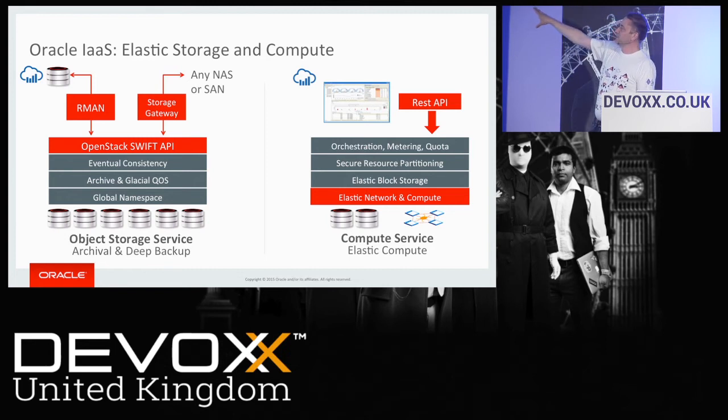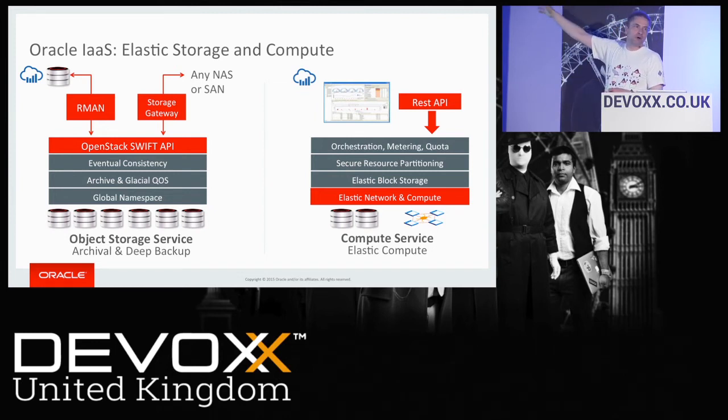On the compute side, obviously we've got the usual things here in terms of elastic network connectivity, elastic compute resources, which means that you can ramp up or ramp down the number of processors that are being used, number of network connections available. That ties into the storage side of things. It also requires a lot of detail from us in terms of resource management. We need to be able to determine how much you're using in terms of the compute resources, how much you're using in terms of storage, so that we can bill you accordingly.